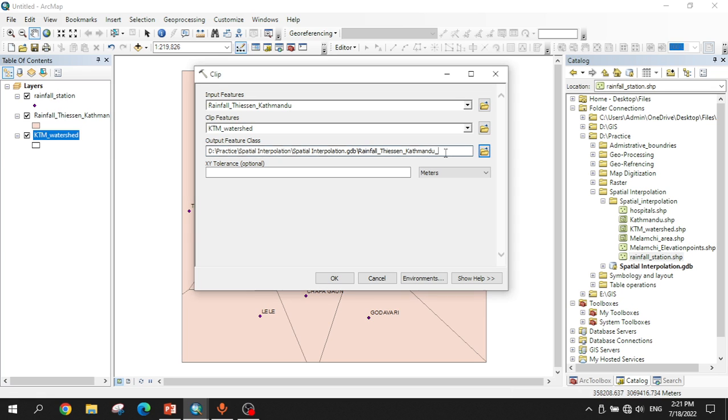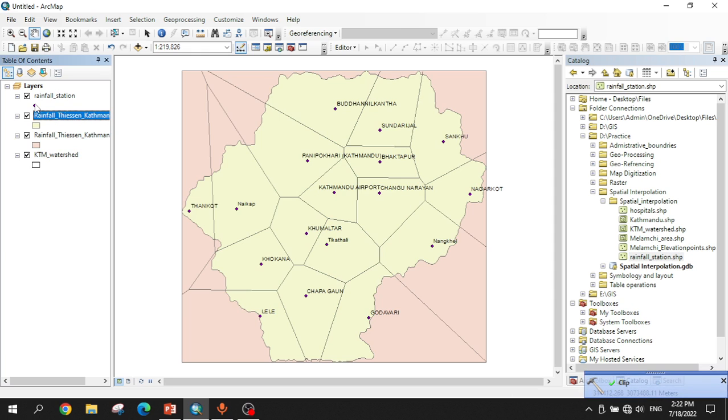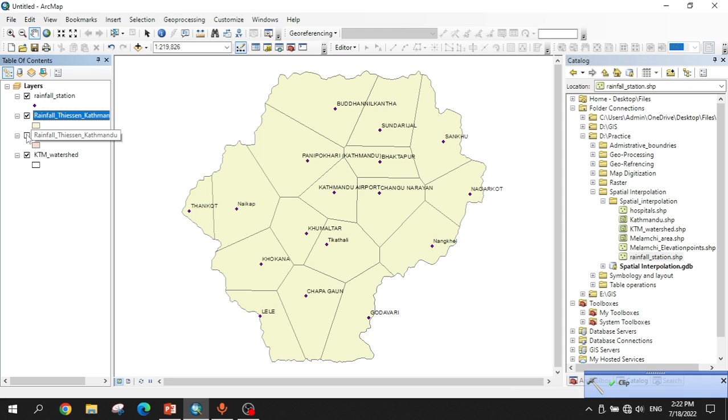Then after doing this, write here rainfall Thiessen Kathmandu clip. Then it will be easy for identifying. Then writing the name and following this procedure, you have to click on OK. Then it will take a little time for clipping. So uncheck this. Then you can see the Thiessen polygon for the Kathmandu